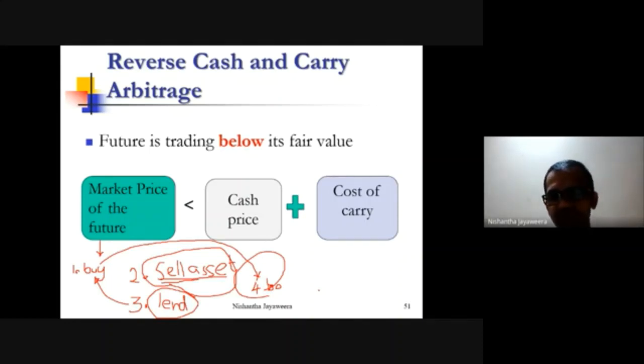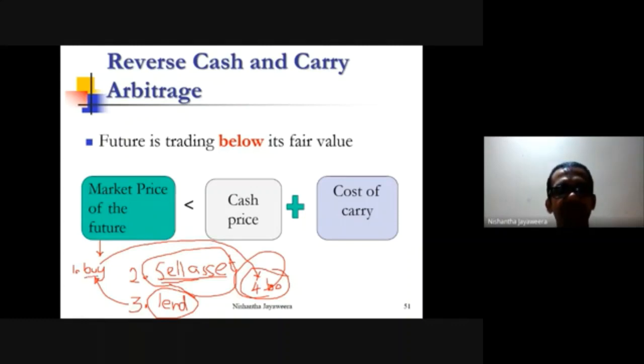But in this, we don't consider the cost of this borrowing. But in reality, you have to consider that one as well when you decide whether there is any arbitrage opportunity. So since this is exactly the opposite of the previous transactions that we carried out, here